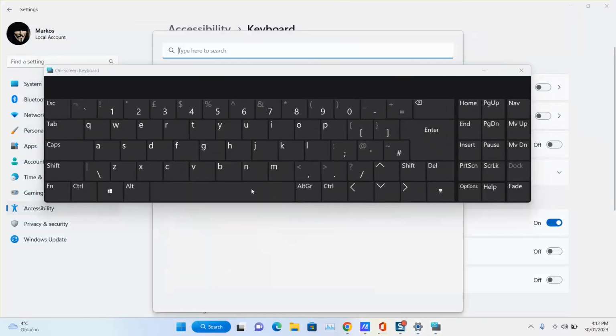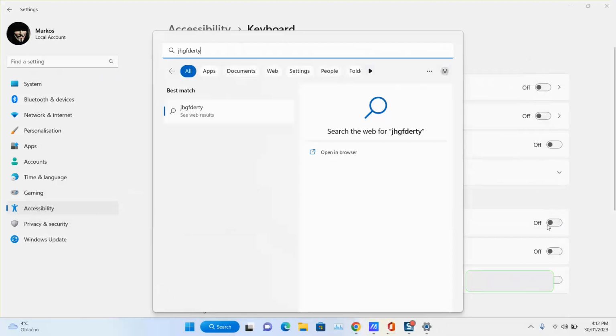Click anywhere and start typing with the keyboard, as you can see, using just the mouse. If you would like to close it, just click on it to close, or just click off so that it